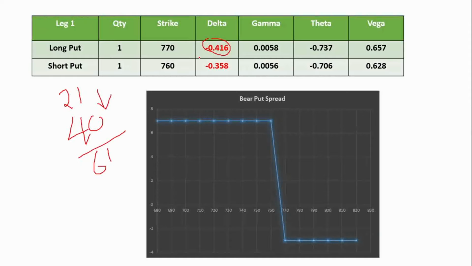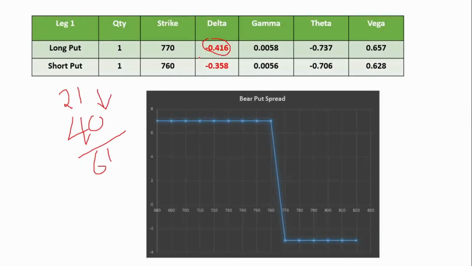So what is theta? As you know, options are a depreciating asset. When time passes, they lose value. So when I say that, a question will pop up in your mind: how much value will the option lose? For that question, theta will answer you. When a day passes, we will be losing 73 paise in our premium. Since we have plenty of expiry time, that's the reason we have a minimum theta. When you watch nearby expiry, the theta value will be very high. And as of now, the theta is 0.73 since we have plenty of expiry time.